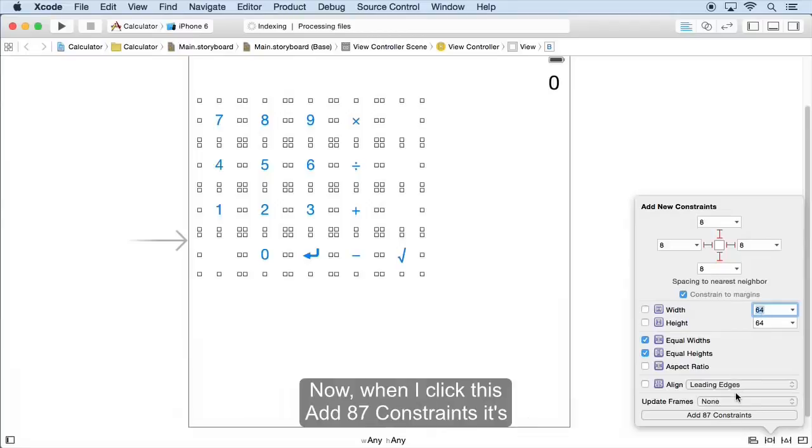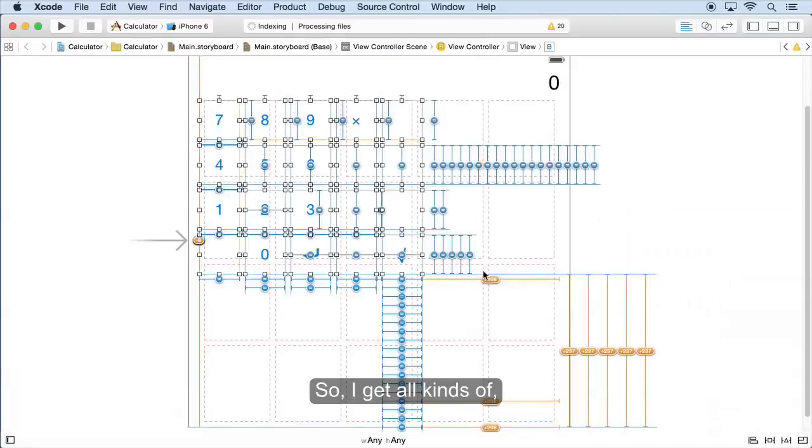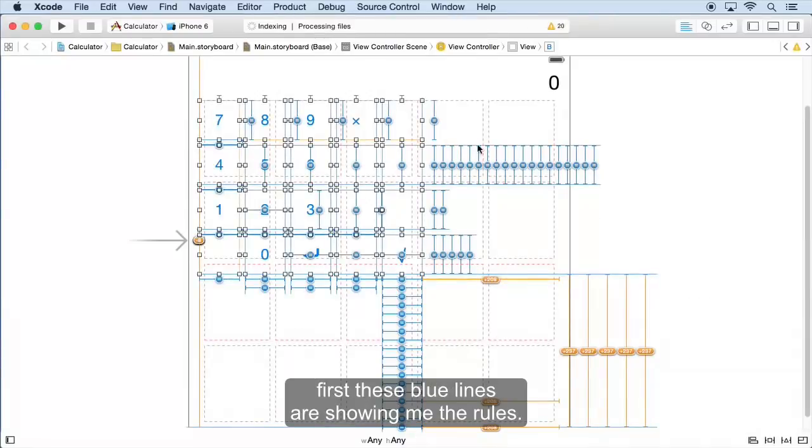All right. Now, when I click this add 87 constraints, it's going to add these rules to all these buttons, and watch what happens. So I get all kinds of, first these blue lines are showing me the rules. Okay, a lot of them are saying